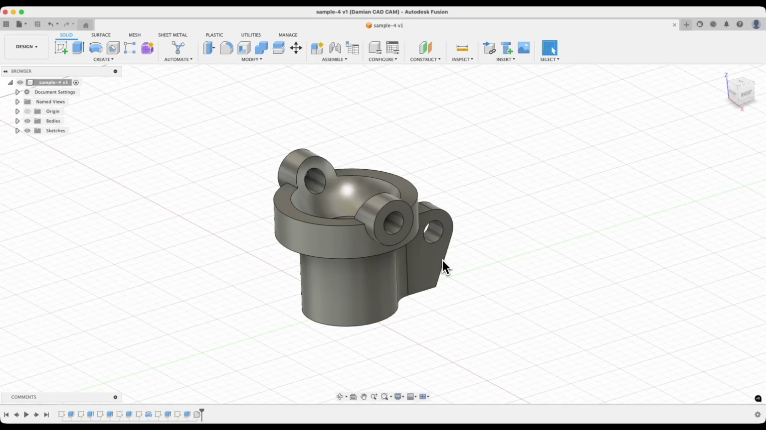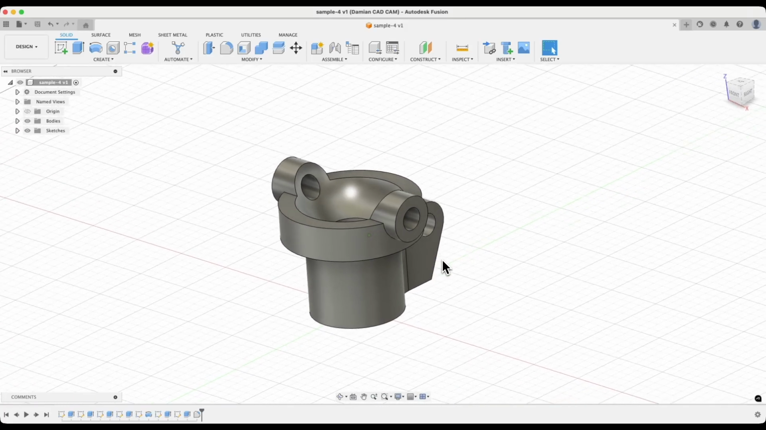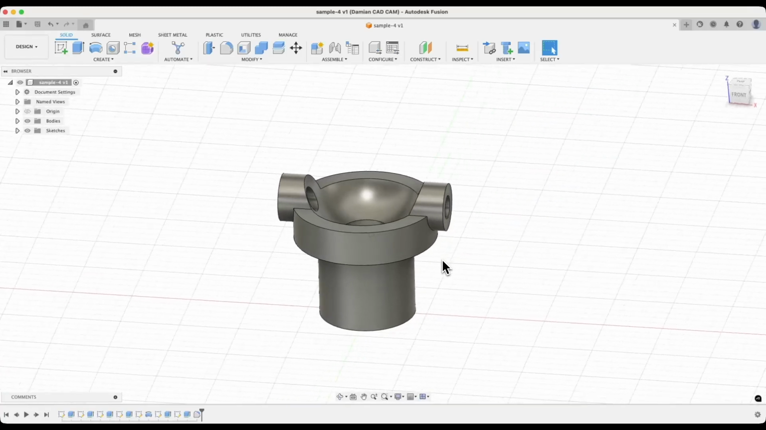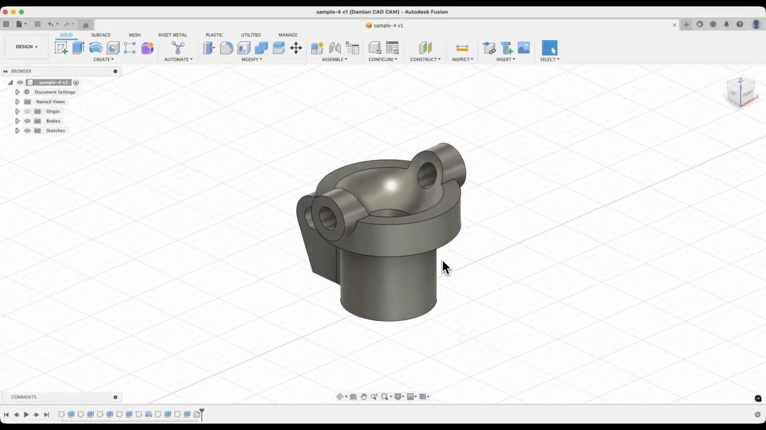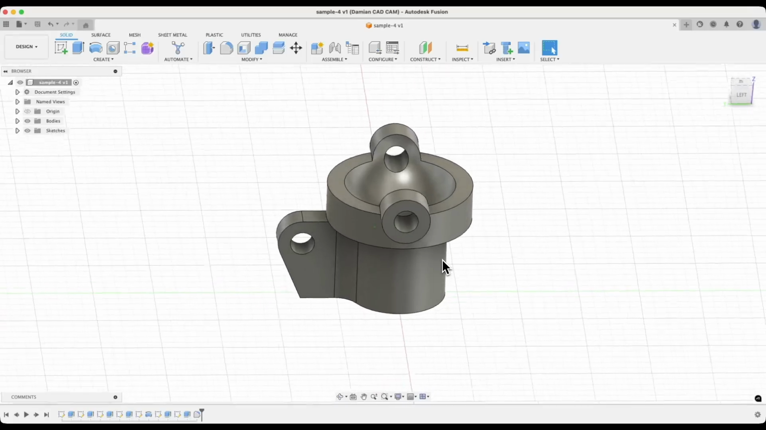Hi, in this video I will show you how to create such a part in Autodesk Fusion. Of course, this is just an example where I want to demonstrate the basic operations of creating 3D solids in